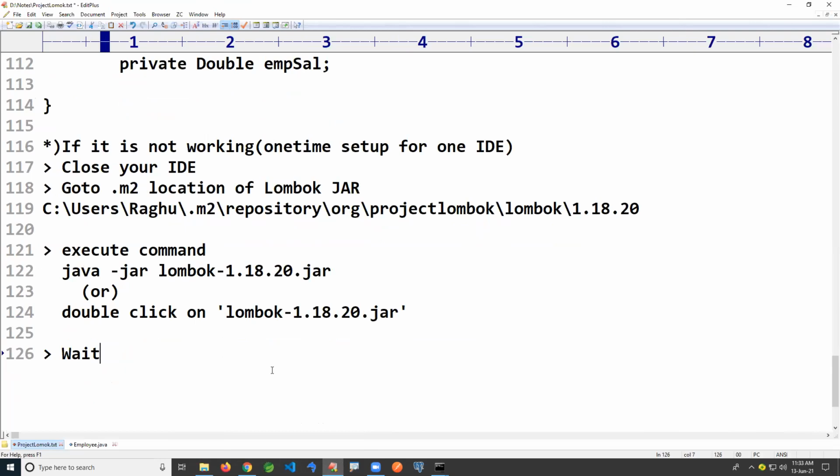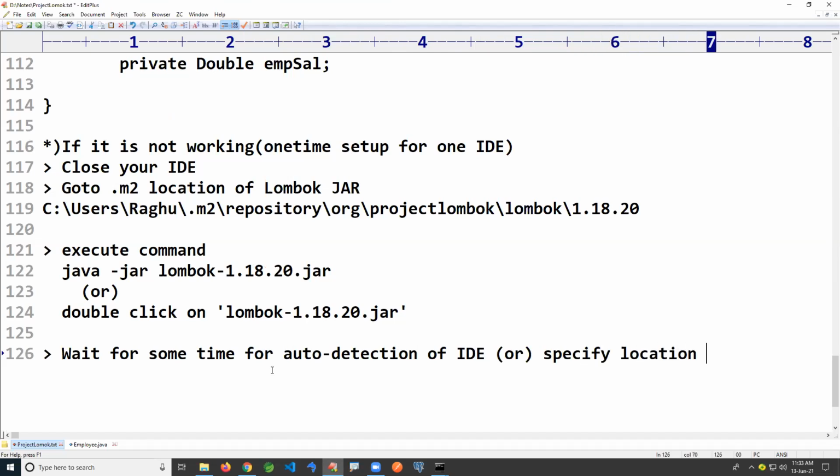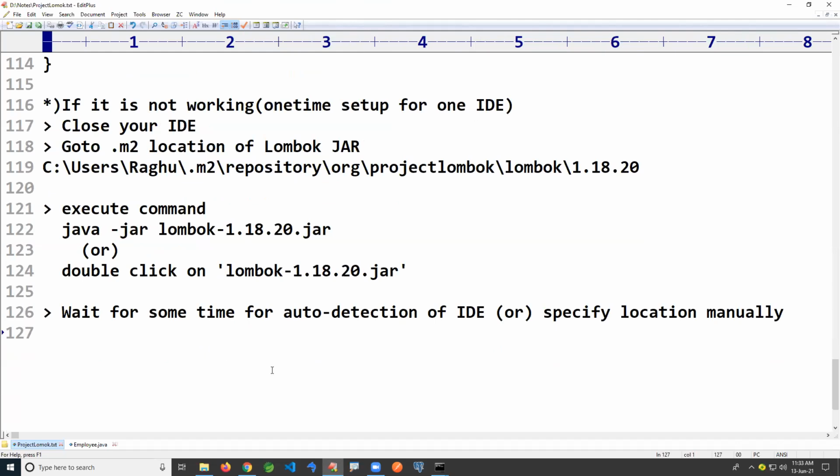Wait for some time for auto detection of the IDE, or specify the location manually. That is also fine. Just click on install or update, then finally finish. This is a one-time setup. For example, if you download Eclipse IDE, just do it one time. No need to do it again and again every day.